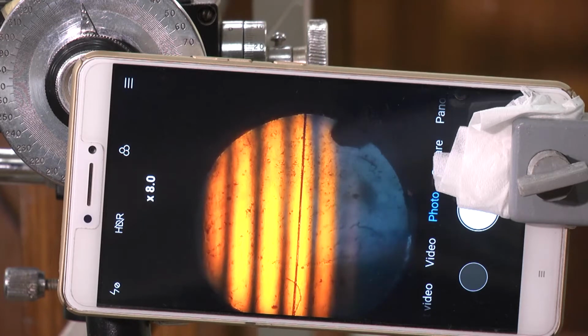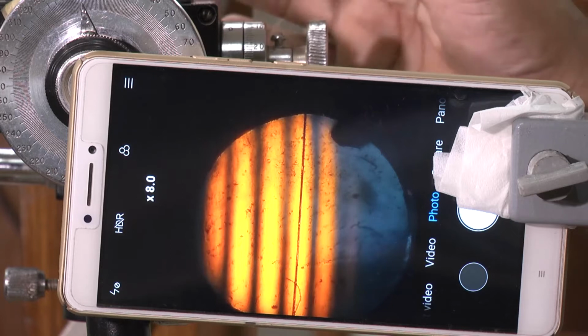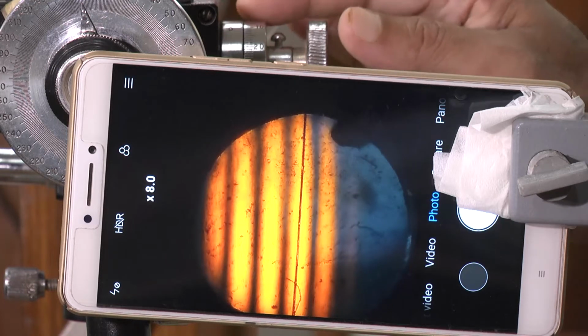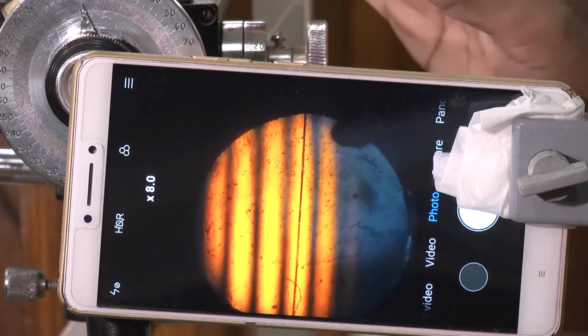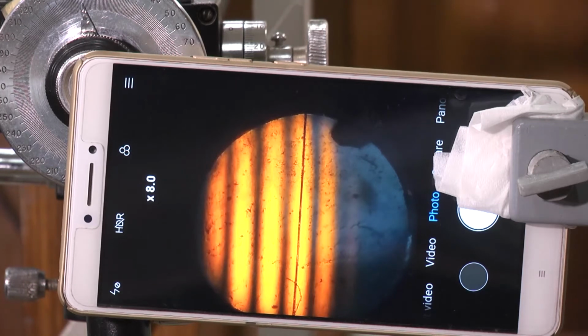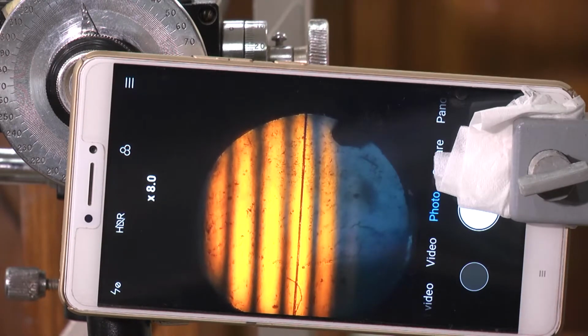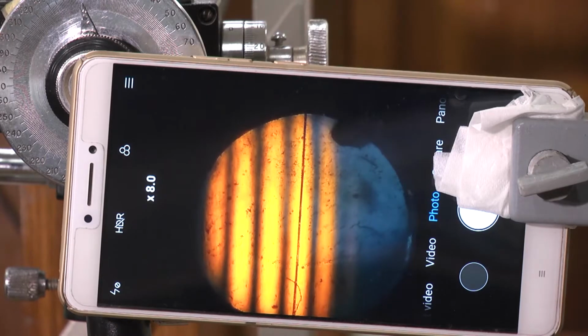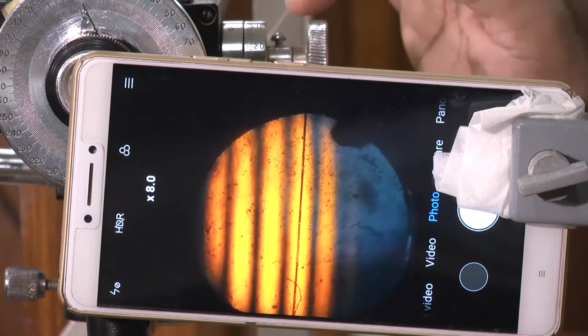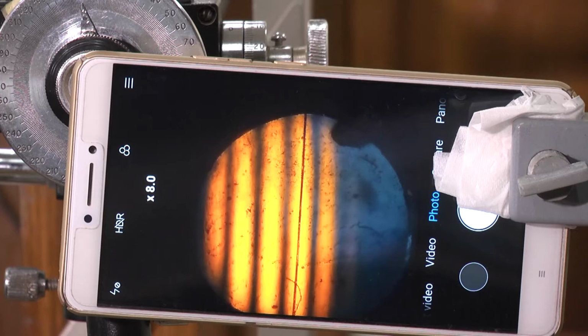The initial reading you have to note down with the unloaded condition. Now, for different weights you keep changing and bringing the fringe back to the center, and then note down the reading.